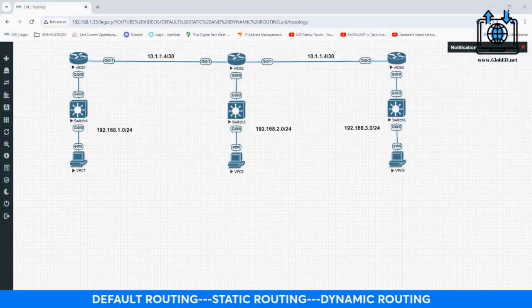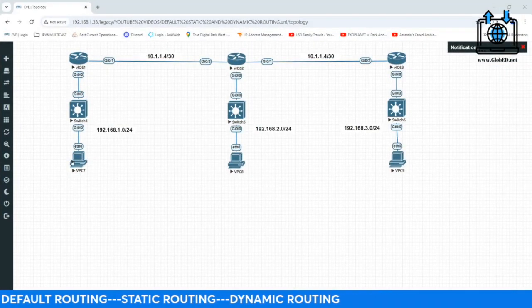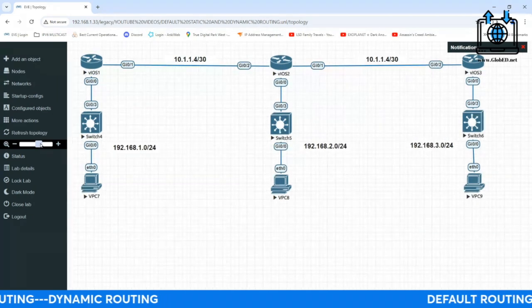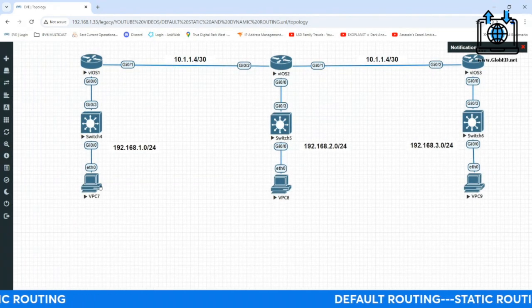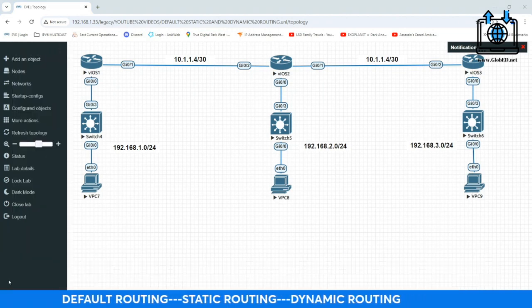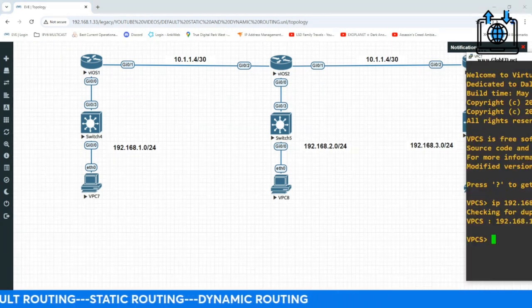So let's full screen this. Can you see that okay? Let me see if I can make this a little bit bigger. Keep it on the screen. There we go. I think you can see that better. All right. So I'm going to go to PC7. Why is it coming up over here?